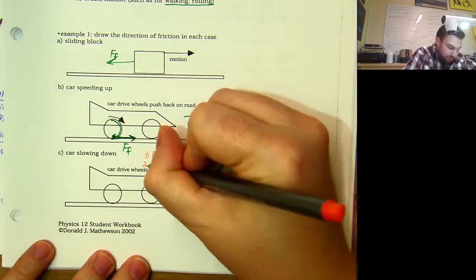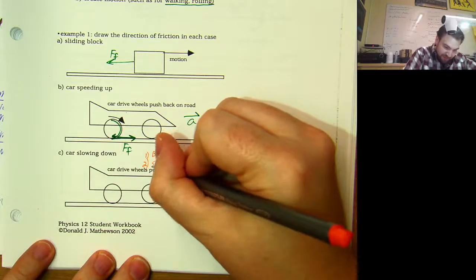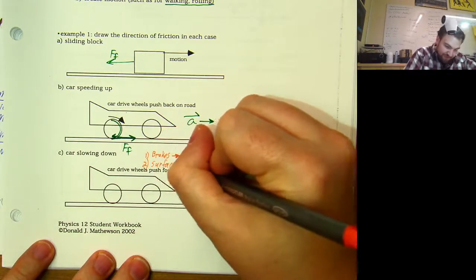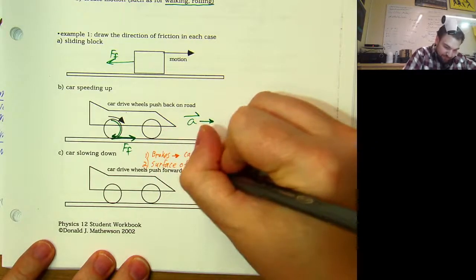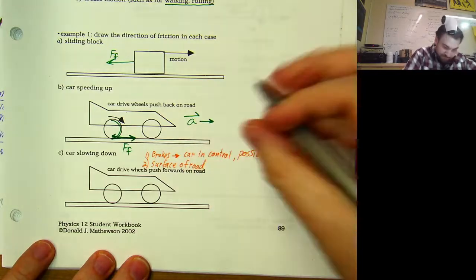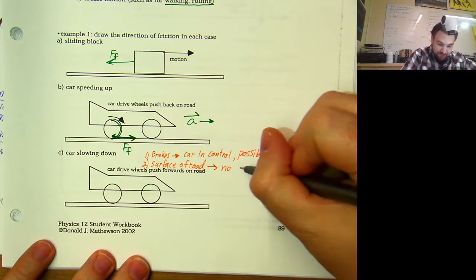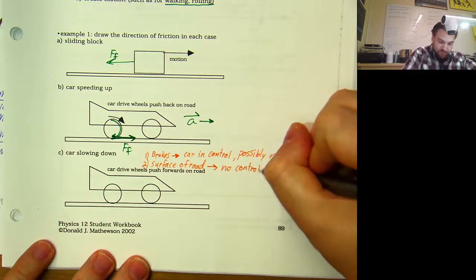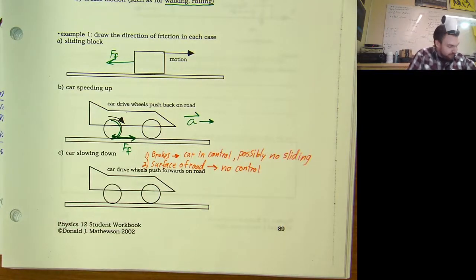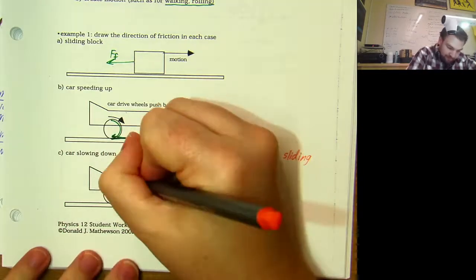Or two, you're depending on the surface of the road to slow you down. And if you're depending on the surface of the road, you have no control. Okay? So in one,